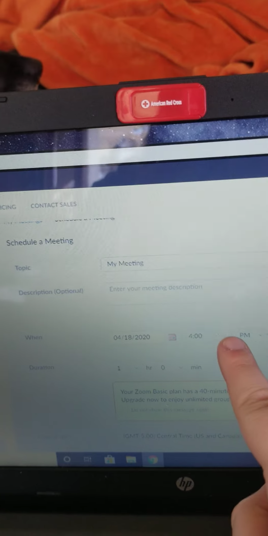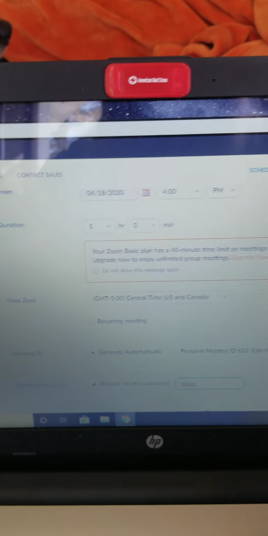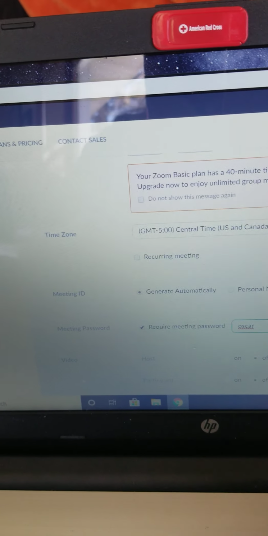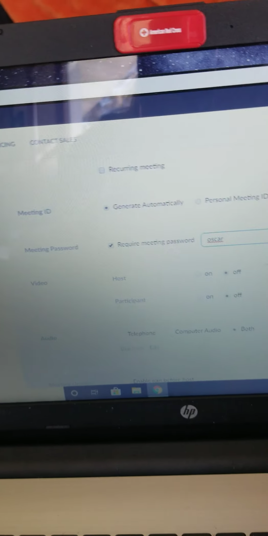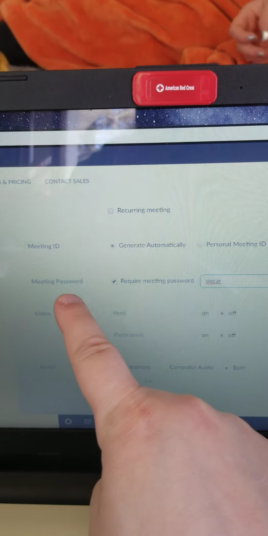Basically anything else, like descriptions for it. The date and the time here. Most basic Zooms obviously have the 40-minute limit, so we can only do it for that long. So they're going to have to basically get it done in a pretty fast amount of time. Select your time zone. You don't need to change pretty much anything else,